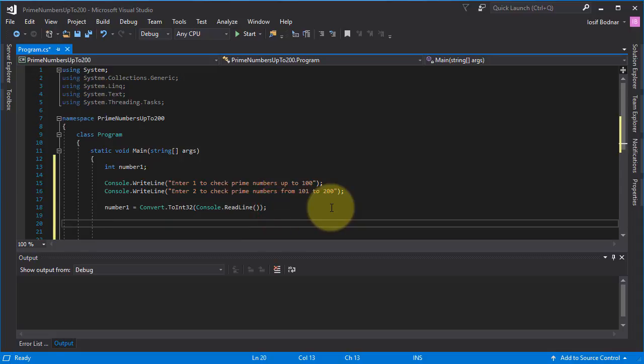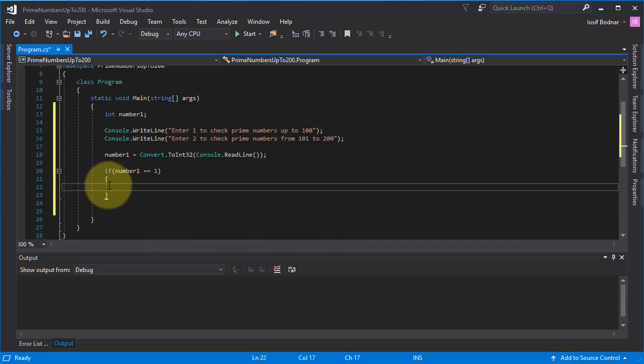Okay, and I'm going to use this if conditional statement, and this conditional expression number 1 equal 1, because inside this conditional statement I'm going to write the code to determine and display the prime numbers from 1